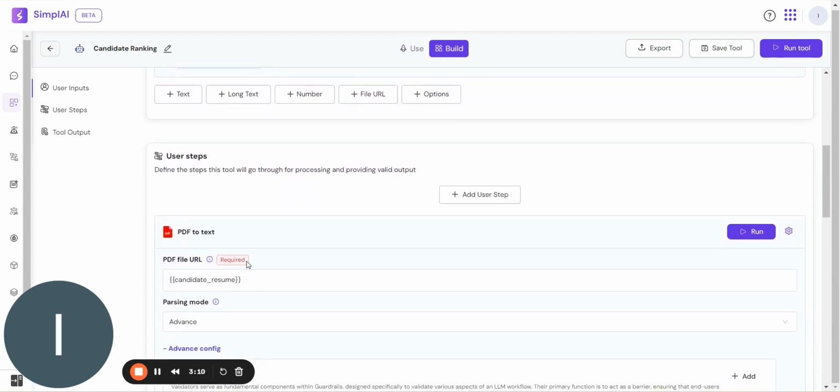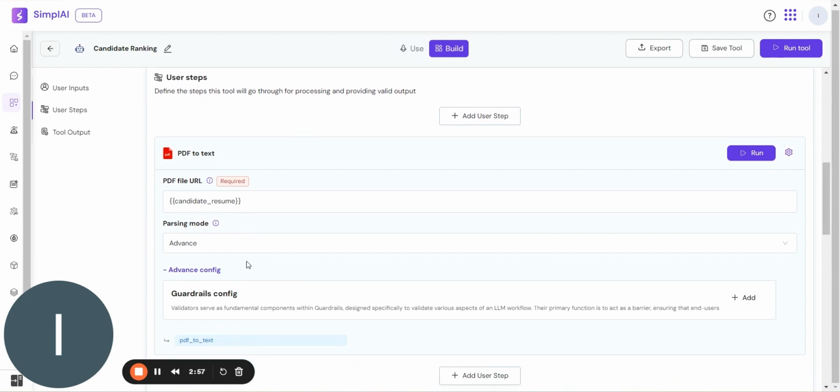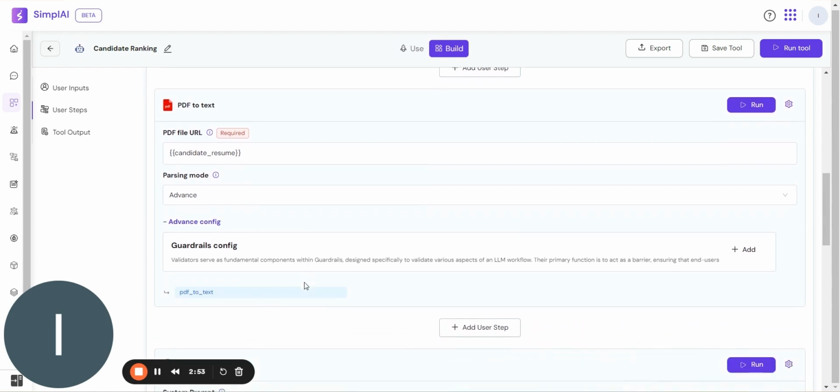Now coming to the next step, which is the heart of the tool, PDF to text. This step will take the PDF file that you have uploaded and convert it to text. This process is streamlined to be as efficient as possible. Here I have used the advanced parsing method to ensure that the text extraction is precise and reliable.